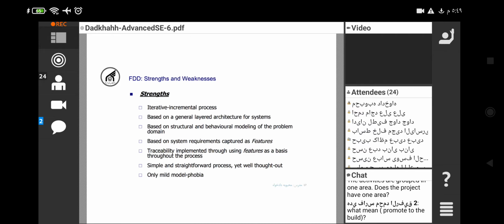Traceability in this process is implemented through use cases as a basis, because we start from them and then we have tests for those features we have designed. We will implement those features in multiple classes, so traceability can be tracked based on features. The FDD process is a simple and also straightforward process